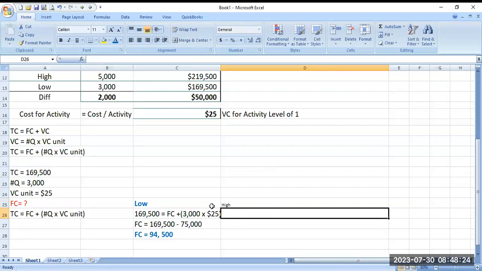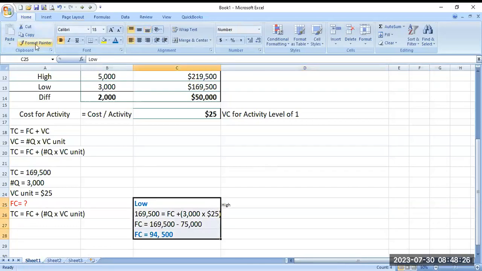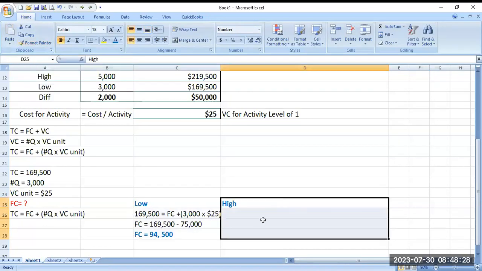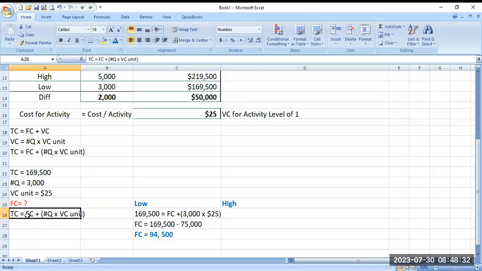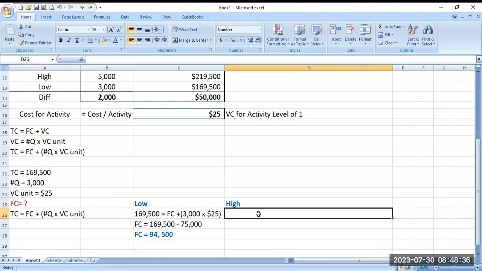Now on the high, what will be the formula for the high level? The same. So we're using the same formula. We're not changing the formula. So that will be